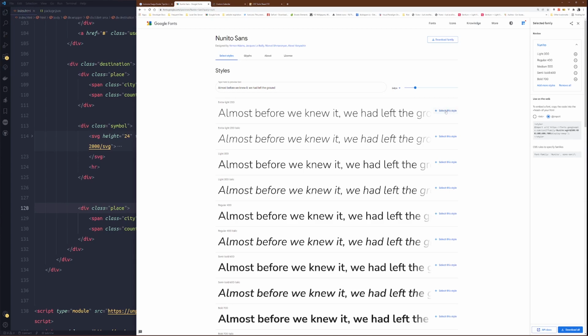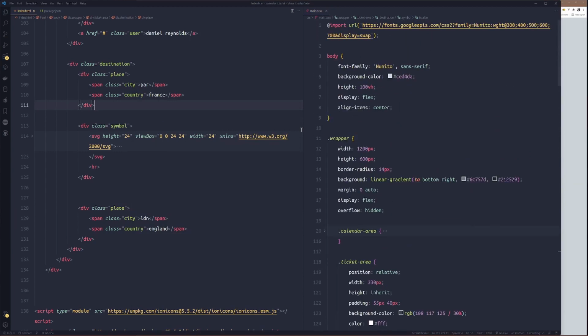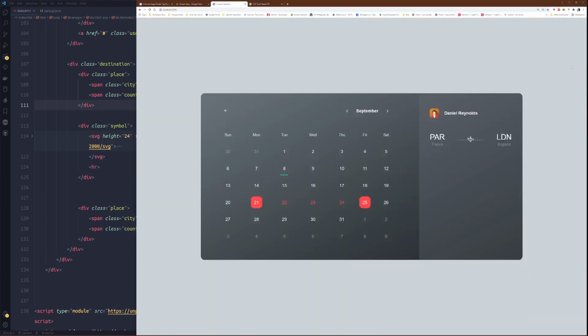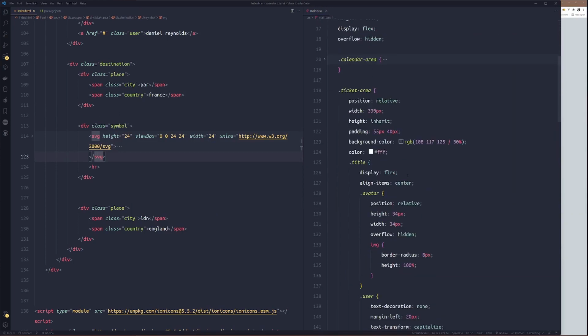Let's see if we select this Plus Sans. What's that going to do? If I add Plus Sans here, if you could just pick out the Sans instead of Nunito, and it did. Looking good. Looking good.